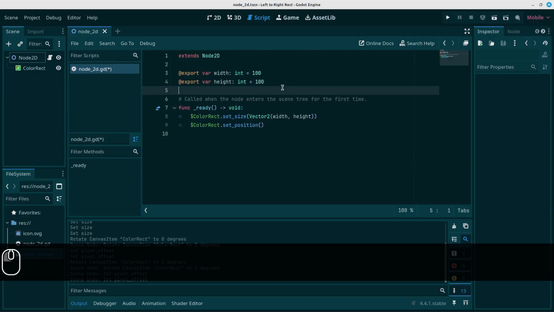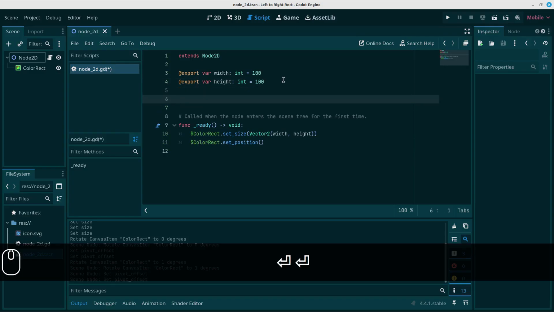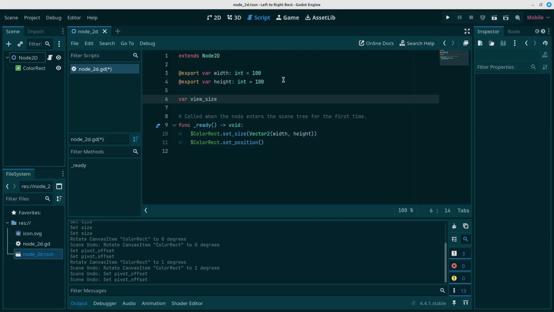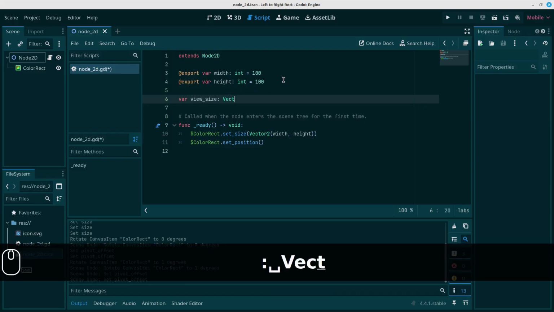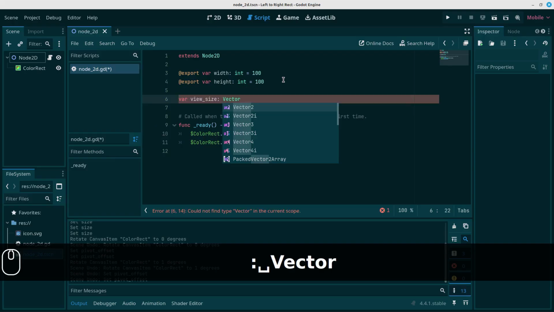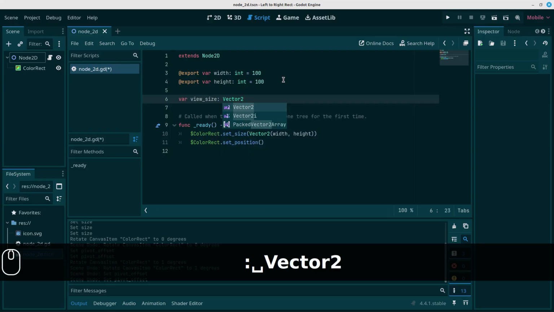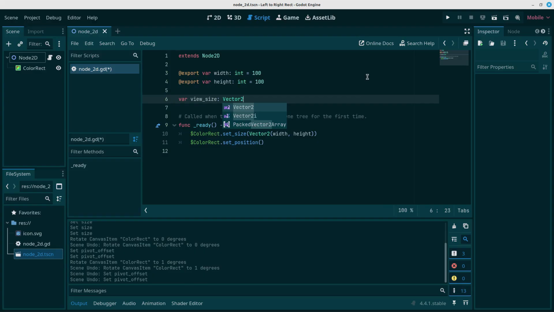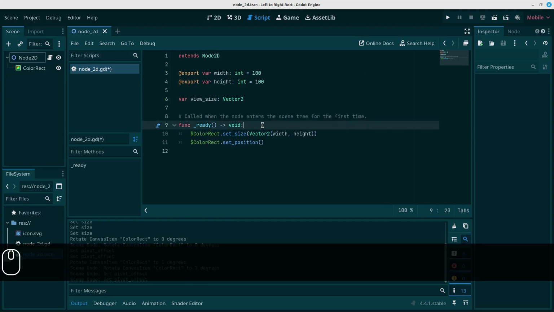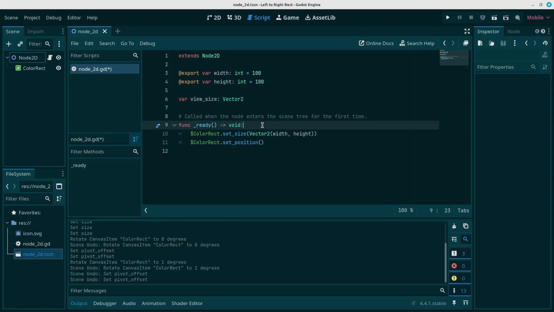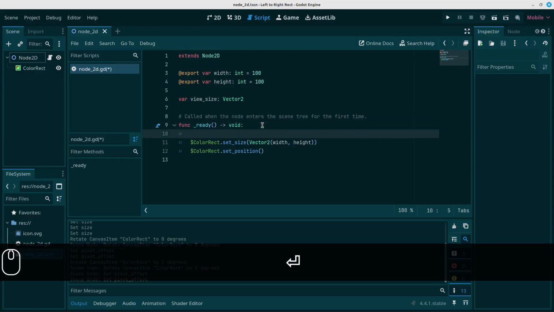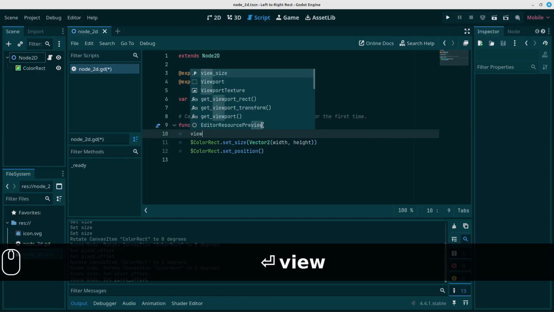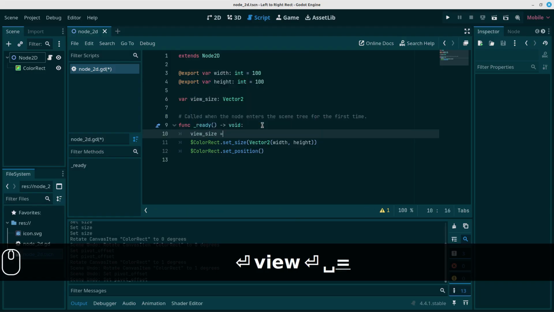I want to add a new variable here. Let's call it view size, maybe. You can name it whatever you like. And view size is going to be vector 2 as well. It's going to be the size of the screen. And in the ready function, let's make it the first calculation that we do. View size is equal to,